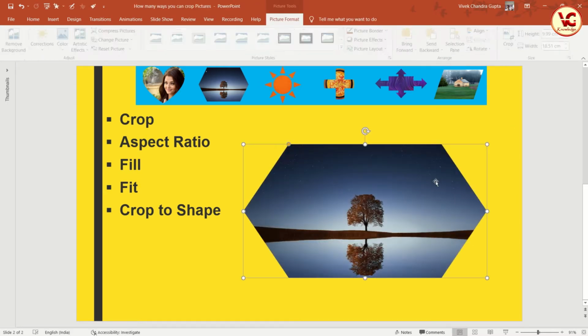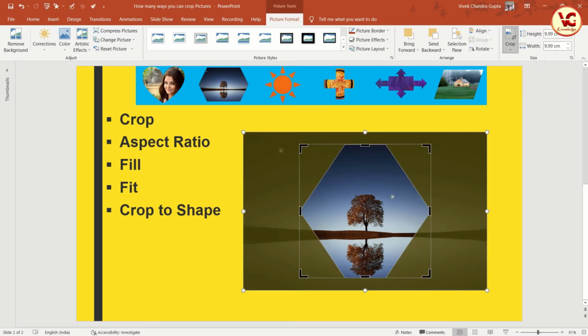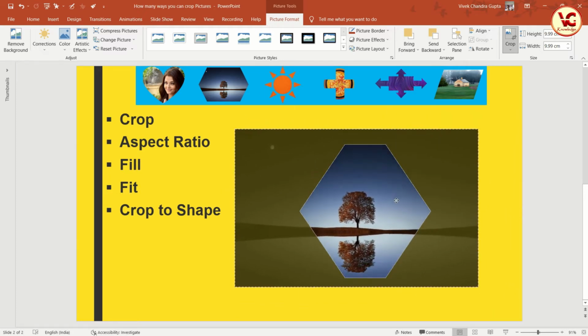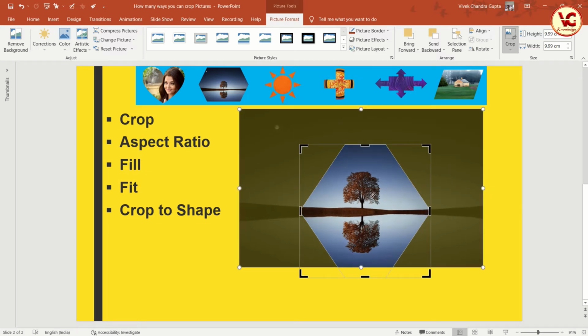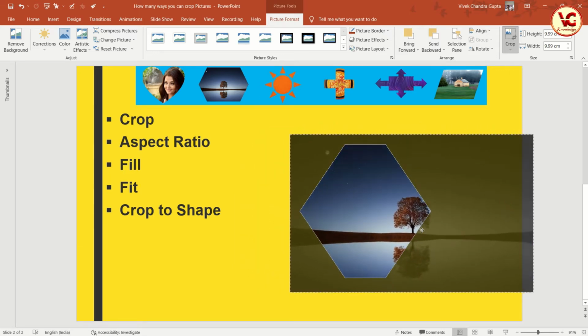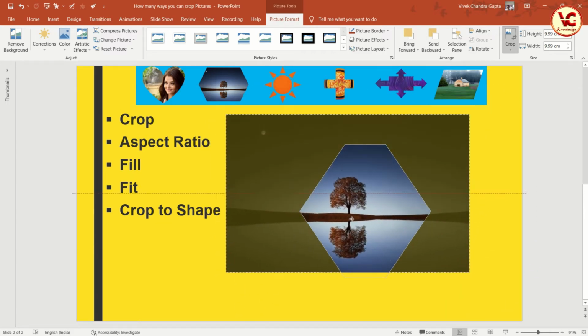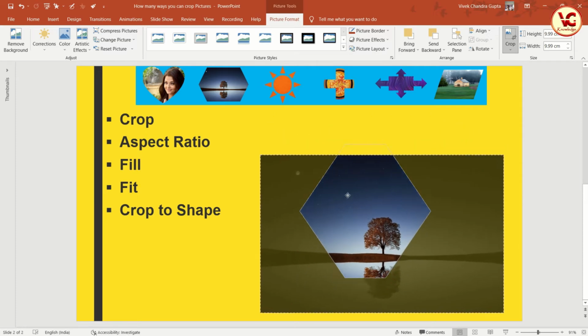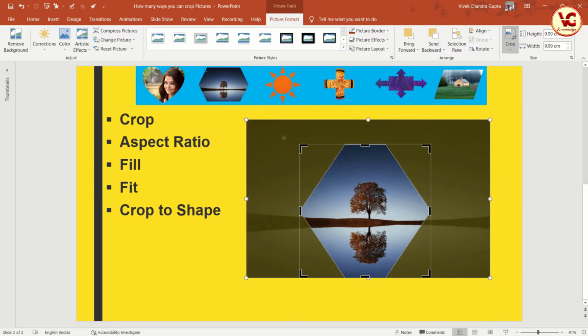Now select again. If I go to the aspect ratio, now you can see 1:1. The program gives us an option to shift the image in this crop window, choosing which portion of the image we want to crop. So we can move it like this, right? Just select this and move like this, so we can select the particular portion. Or if I am using a portrait one, then I can shift like this.